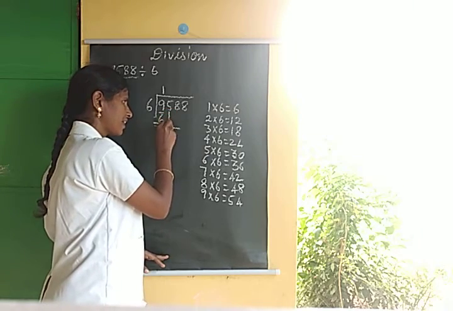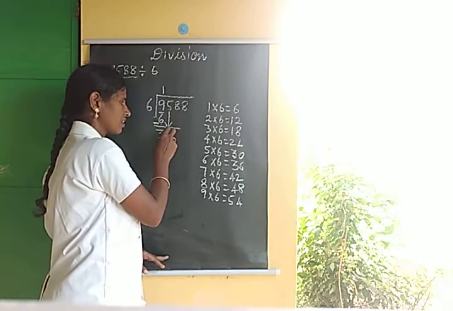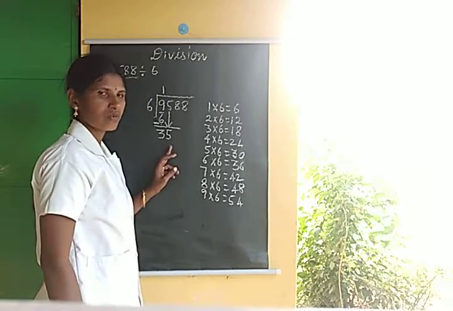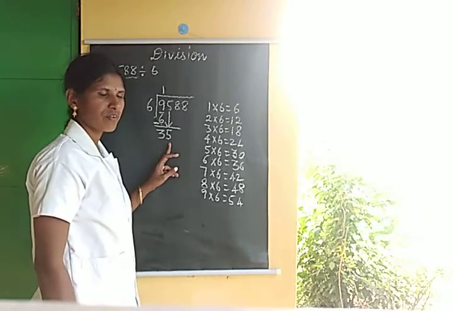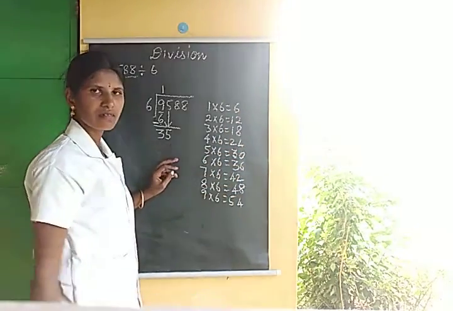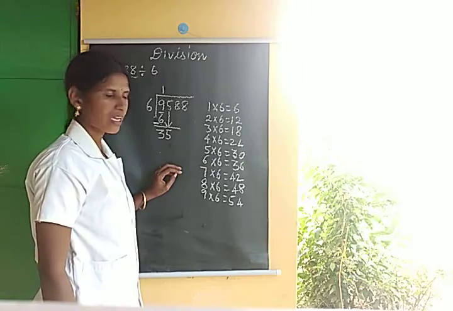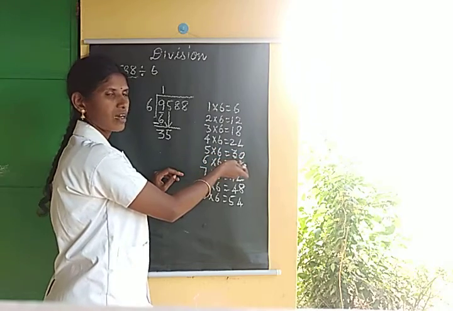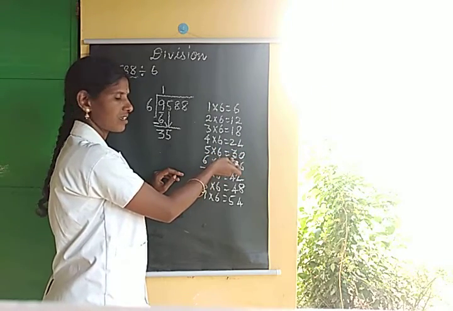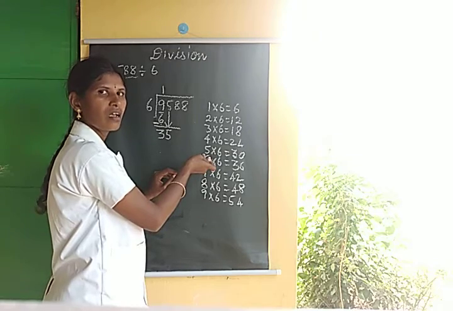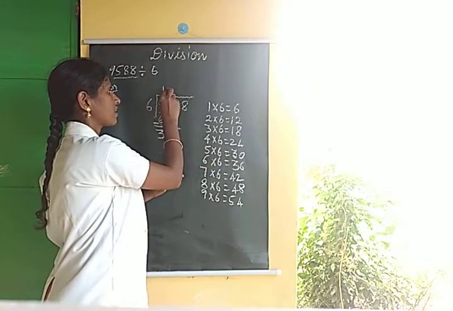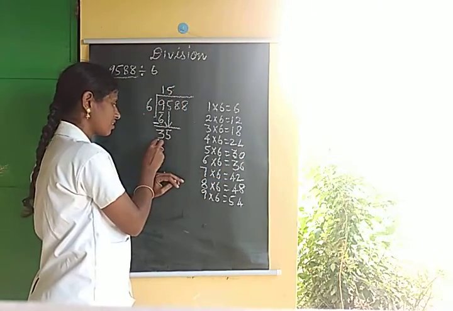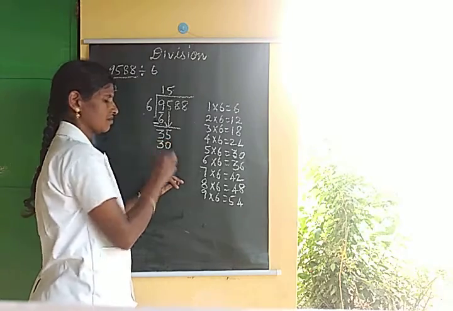Next, we have to take down the second number and write it near 3. Now what is the number? 35. Is 35 there in the answer? No. Less than 35. What is the answer? 30. 30 is how many times 6? 5 times 6. So write 5 here. 5 times 6 are 30. The 30 we have to write here.